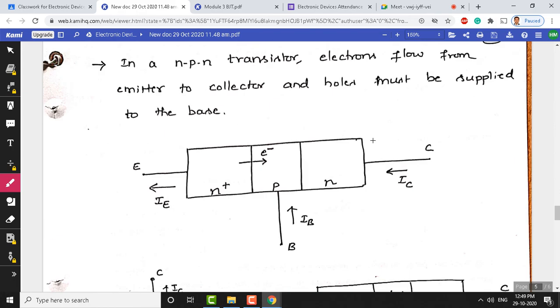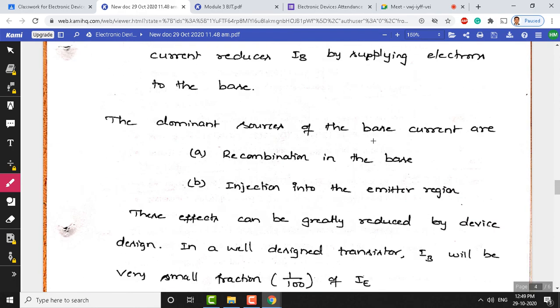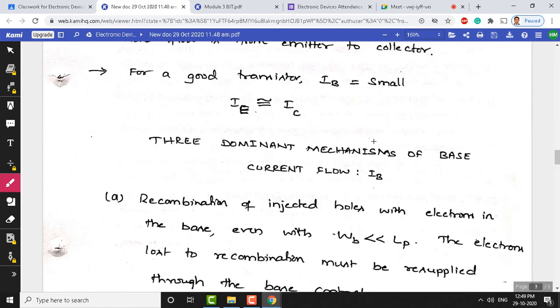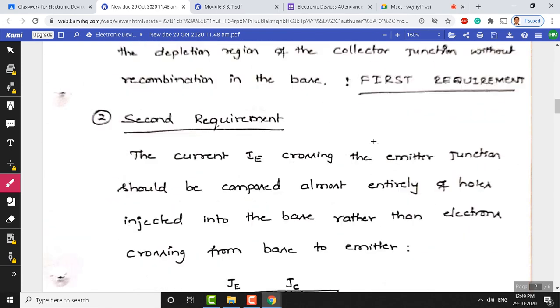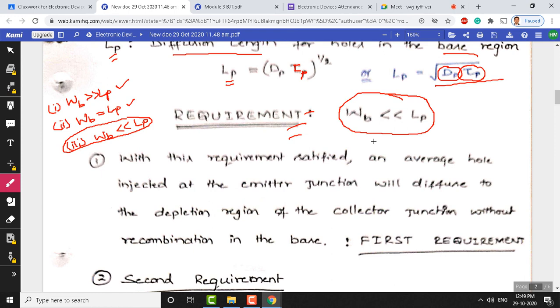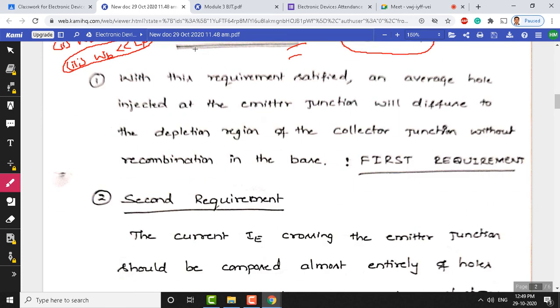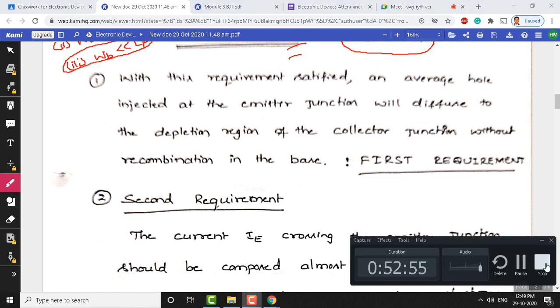And in today's class we understood just the fundamentals of BJT and the different regions, the current flow, and the base width and base length actually, and its diffusion length. So, those things were discussed. Next class we will focus on the requirements and using BJT as an amplifier. Okay. With that I will stop here, and next class I would like to